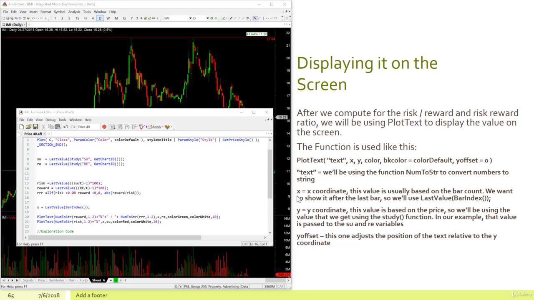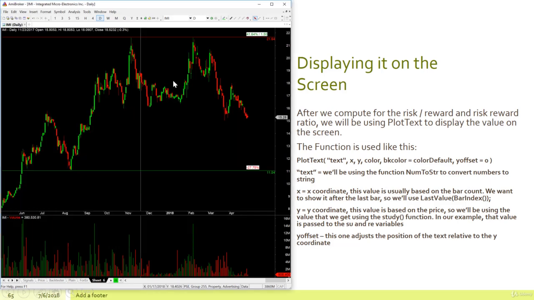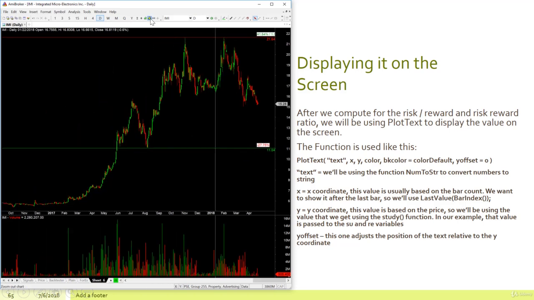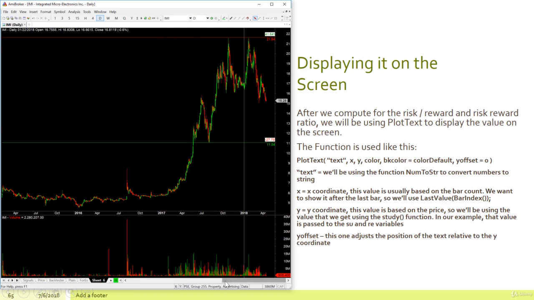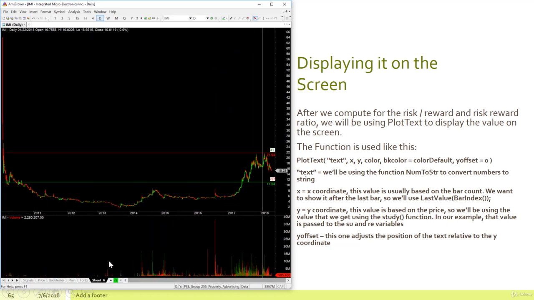We want to show it after the last bar, so we'll use the last value bar index. The bar index gets the value of the bar. AmiBroker usually computes it based on the number of bars shown on the screen. So the first bar could be bar 1 or bar 0, and the last bar is the number of bars